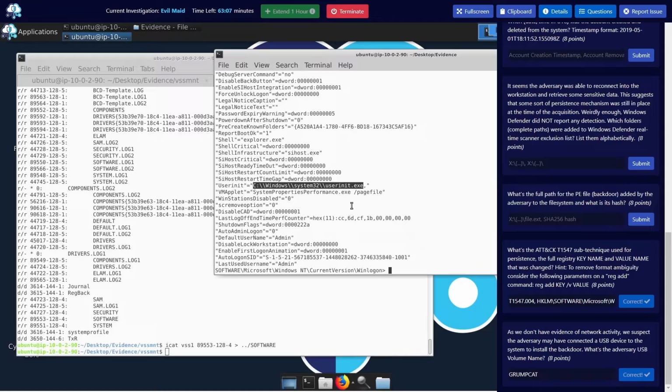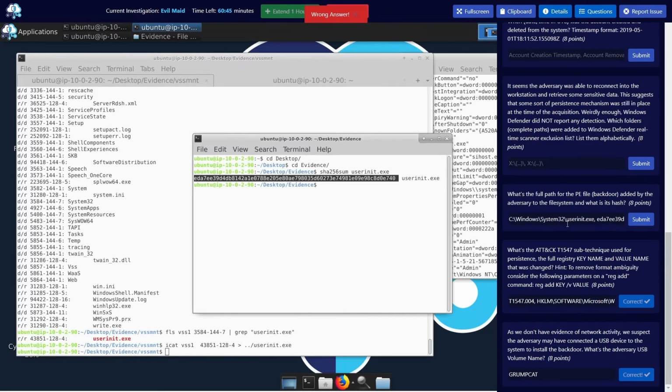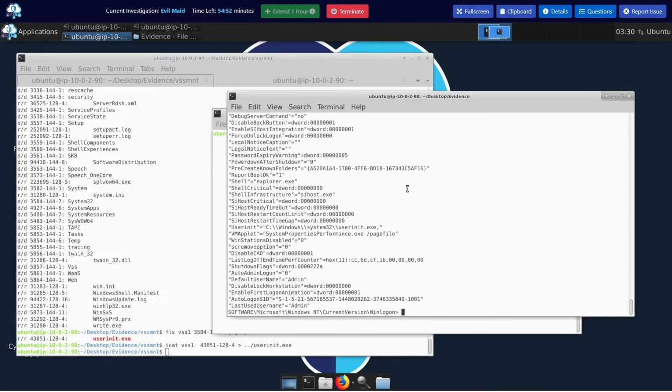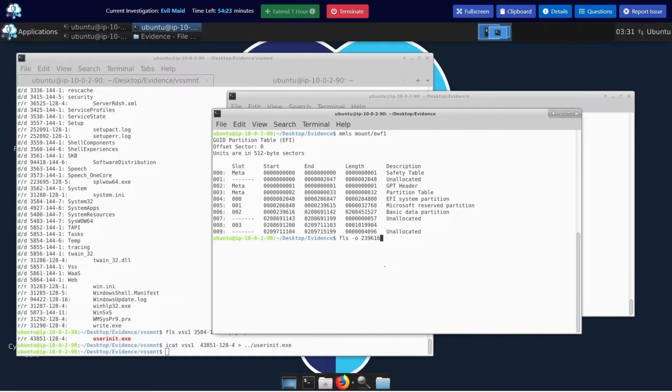So what is the full path of the PE file backdoor added by the adversary to the files in it? What's its hash? So since we have this information, the userinit.exe, we're going to use that info. Wrong. Okay. Since there are two disk files, the volume shadow copy and the mounted EWF, which is the current one,